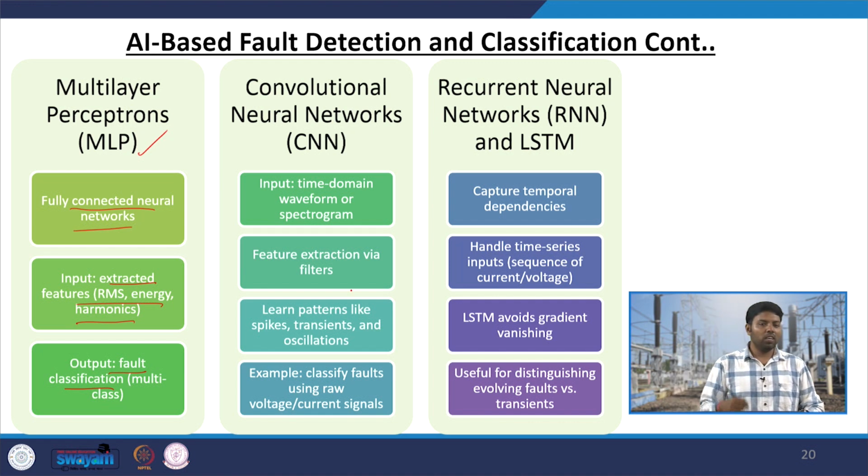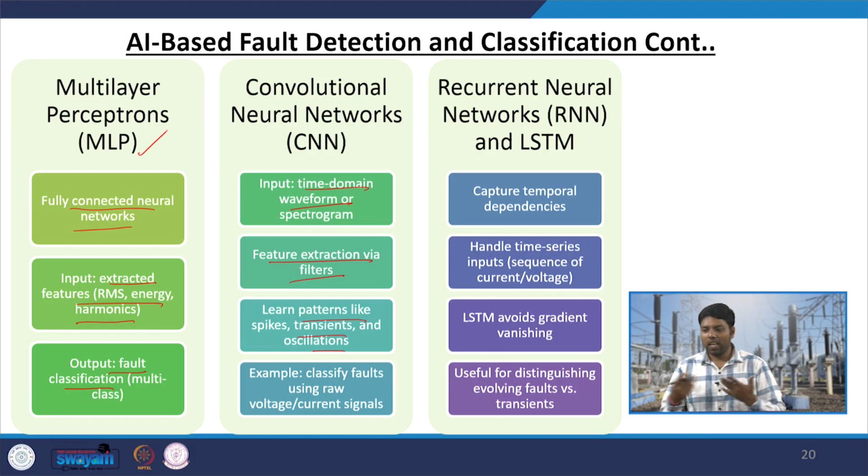You can use even deep learning methods where you need not feed the features, you just give them the time domain waveform or frequency domain waveform, and then it will extract the features on its own with the help of the filters and classify the patterns depending upon your fault location. So, it will take the voltage and the current signal, raw signals, it will derive its own features and then